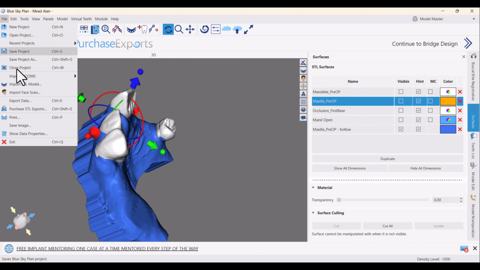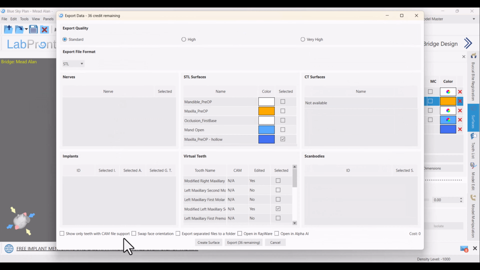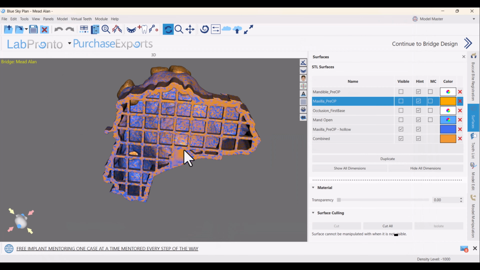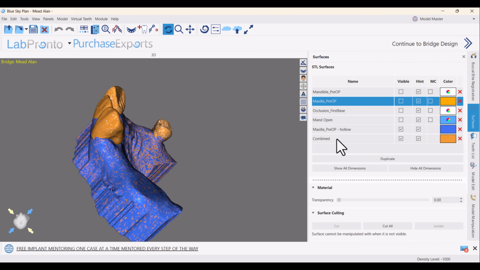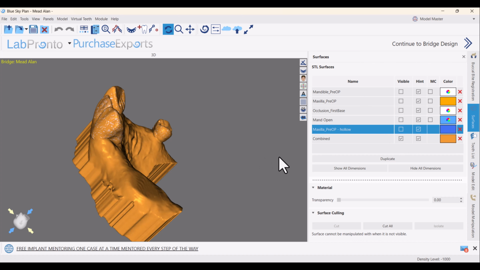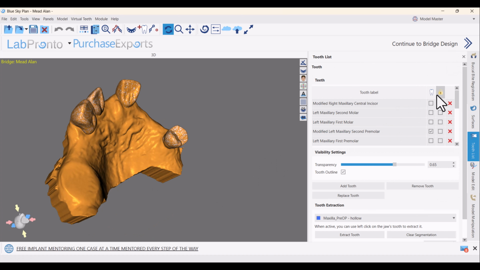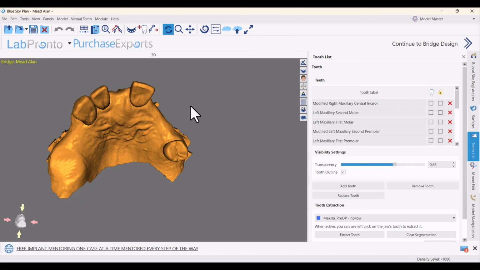So you go File, Export Data, Create Surface. Now we have one model here that you can pretty easily print out